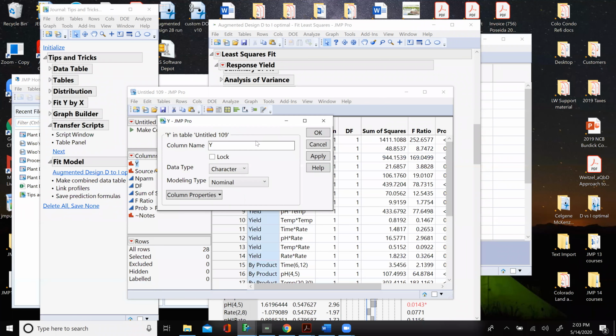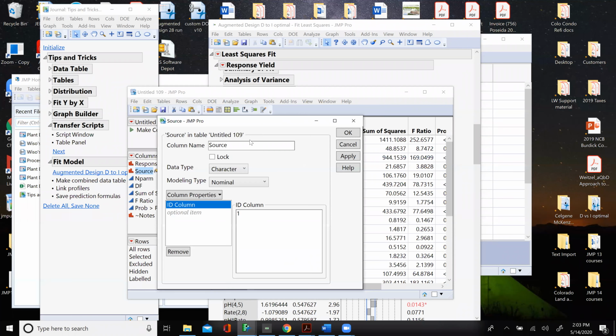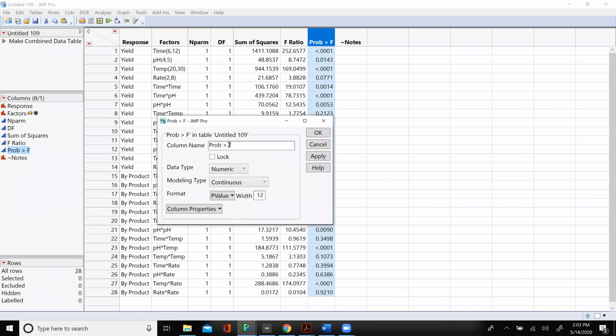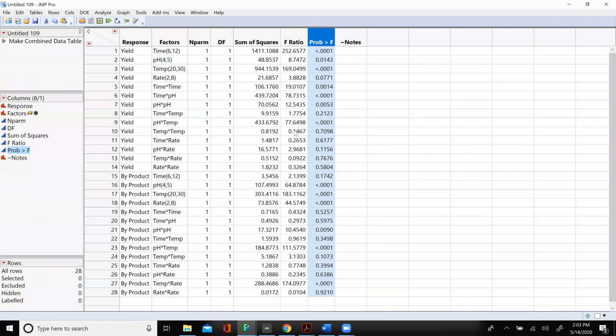Now I have a table of my responses and factors, and I have my p-values.